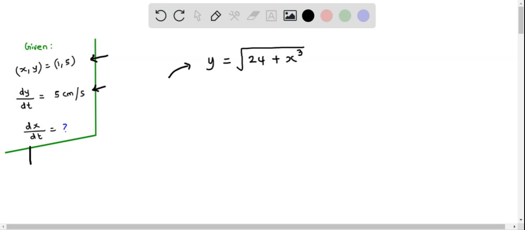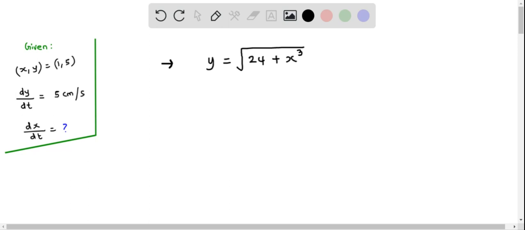And we want to find the rate at which the x coordinate changes at that instant. So mathematically, it is dx/dt, and that's what we have to find. So let's see how to determine dx/dt, which represents the rate of change of the x coordinate at that instant. To determine dx/dt, we have to differentiate both sides of this equation with respect